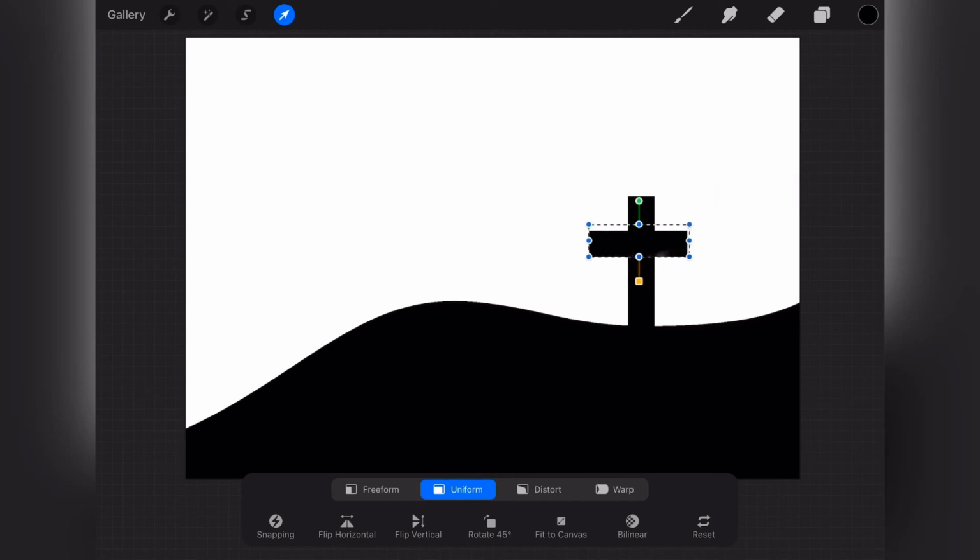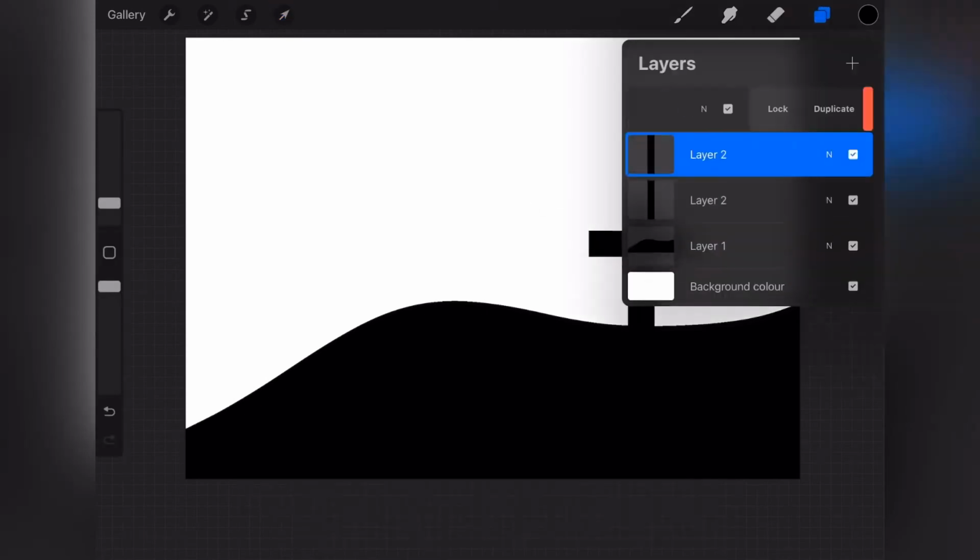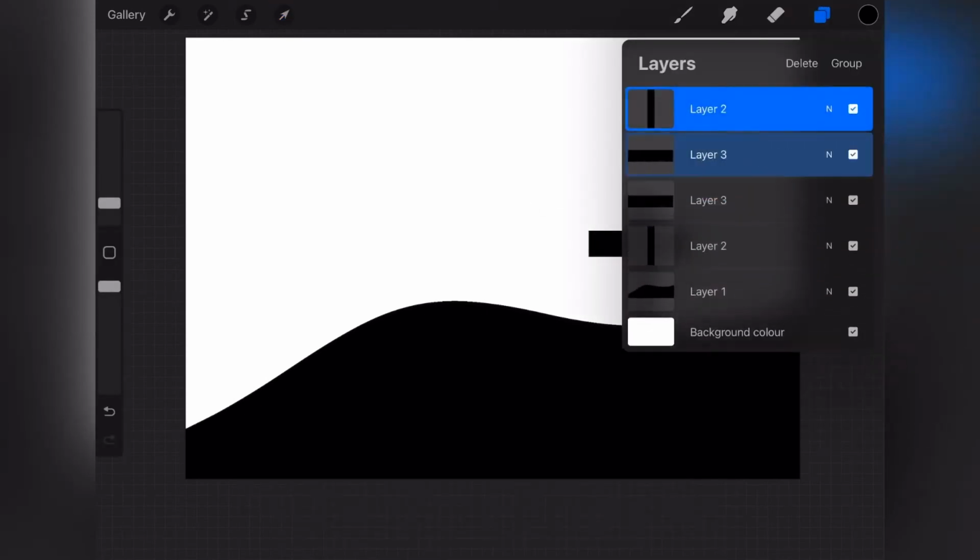So then I decided to go with this image, and let me know what you think in the comments down below,